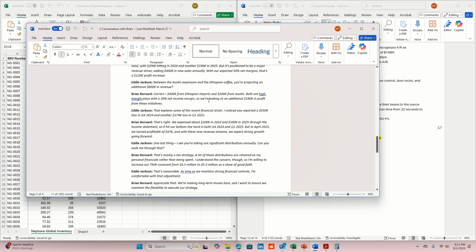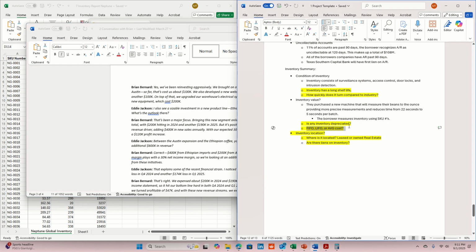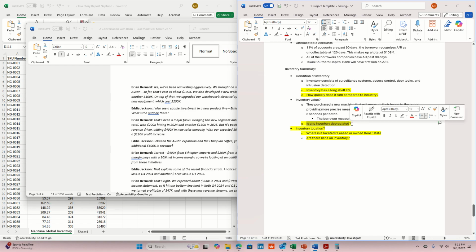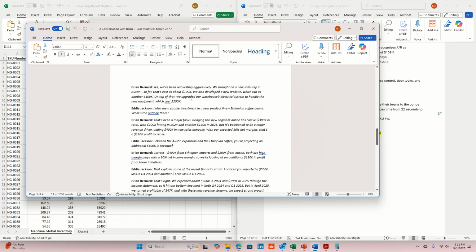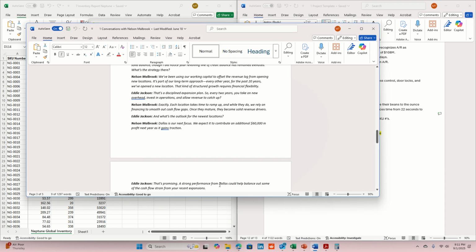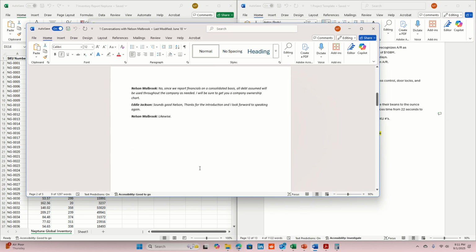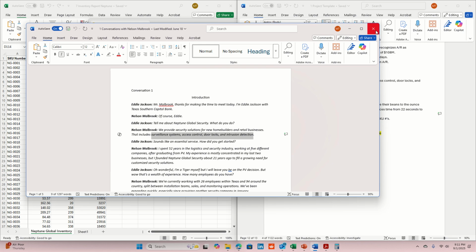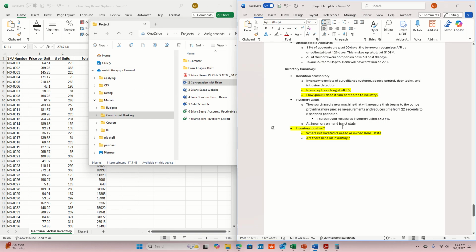And I'm not sure if they mention inside of here. Make sure that you guys read the conversation because the conversation might explain what way they're doing. Is any inventory depreciated? No. All inventory on hand is not stale. They do not have stale inventory. Stale inventory is when inventory does not sell. So if we read the conversations, they'll let you know, hey, we had to get rid of $200,000 worth of inventory. They'll just say it. Make sure you read the conversations. As a matter of fact, I'm probably going to make that your required reading for this week.